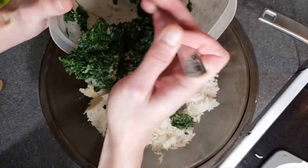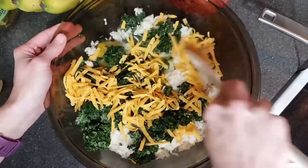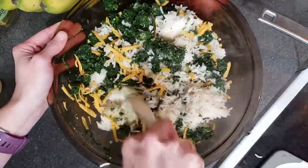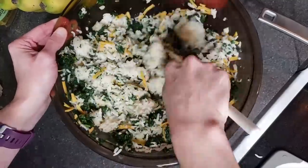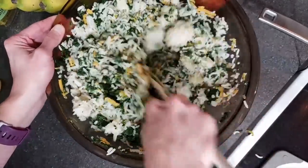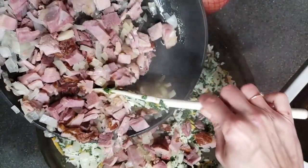And then I had a bag of spinach in the freezer that I just kind of thawed a little bit and drained a little. And then some shredded cheese. Then you mix all that together, add the ham and onions, put it all in a 9x13 casserole dish, and then bake it. It was really easy, and it served 6, which